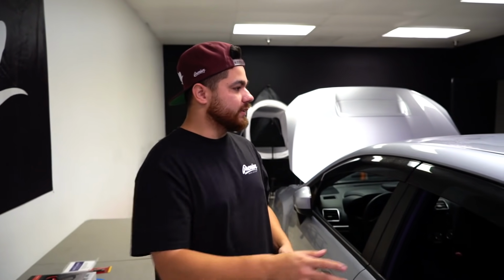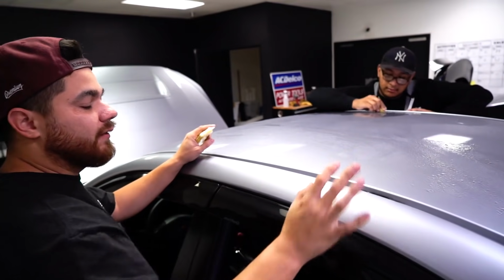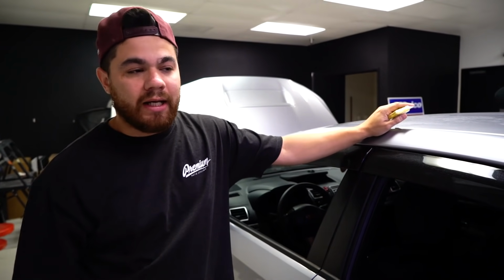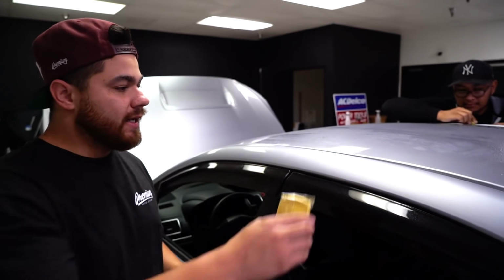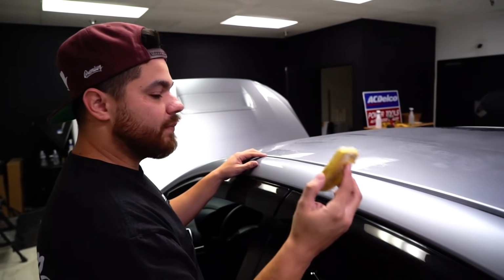Clay barring is a process of cleaning and removing contaminants from the surface. So what we're doing here is he's going over the whole roof. It's been lubricated, it's been sprayed down. I definitely recommend taking a tutorial on how to clay bar any type of part. There's a lot of them online, but for the most part, it's making sure that the surface you're working with stays lubricated, and basically working the clay bar through, and you'll actually feel the clay bar getting loaded